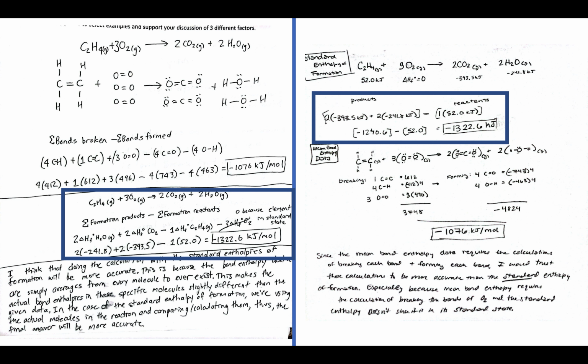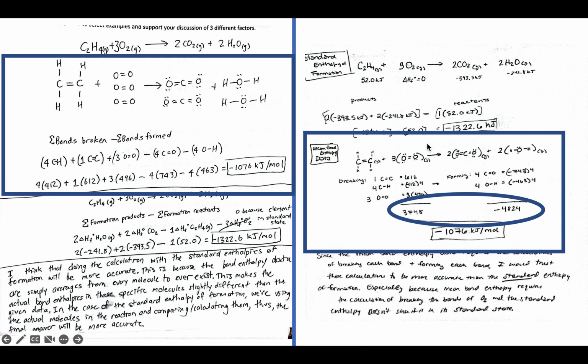There's provided information in the table for everything except for the O2, but as this student noted, it's an element in its standard state, so it has a value of 0. And we see the students come to the same answer for these exothermic reactions. If we look within the second one right here, I'm seeing some nice features of Lewis structures being drawn to make clear within one's analysis what bonds need to be broken or formed.